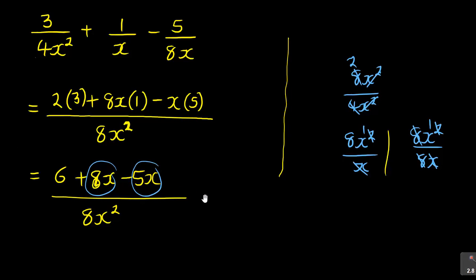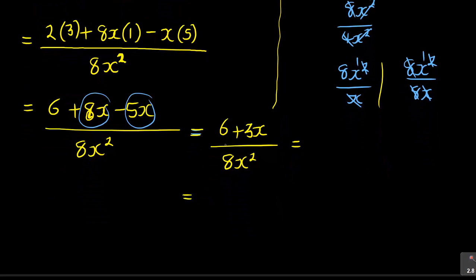You can actually continue like this to say this is equal to 6, 8 minus 5 is plus 3x, over 8x squared, which is equal to, you can see here,